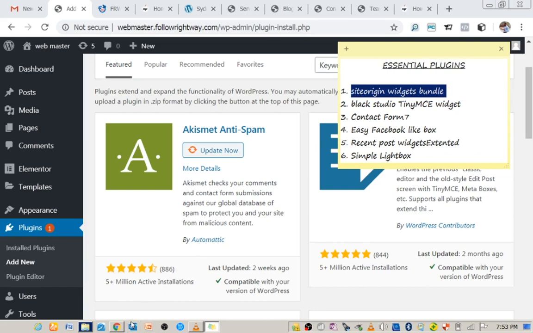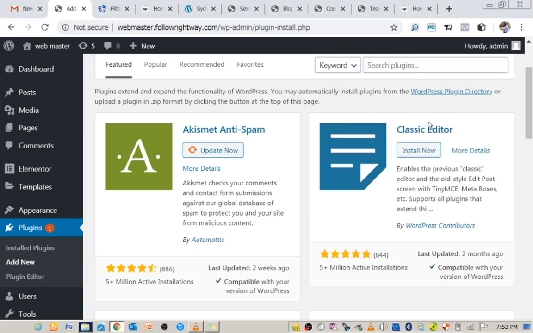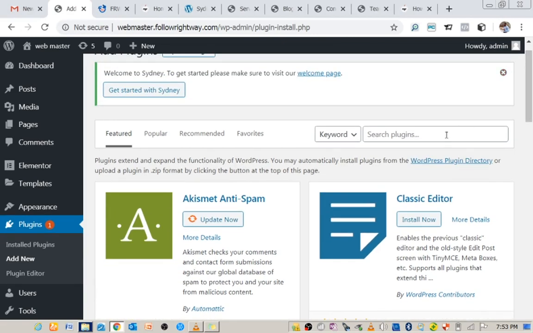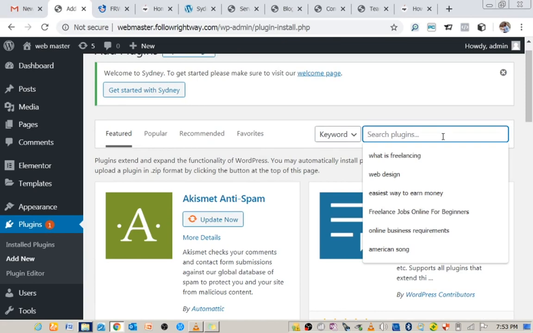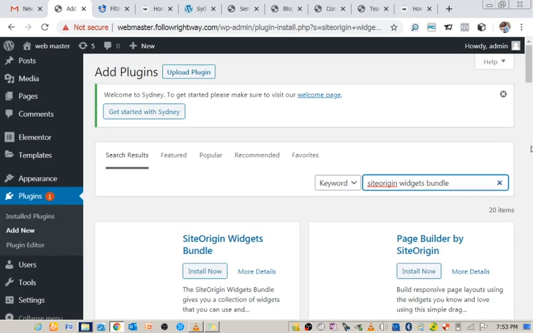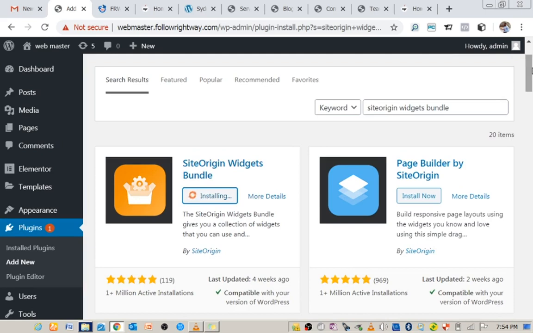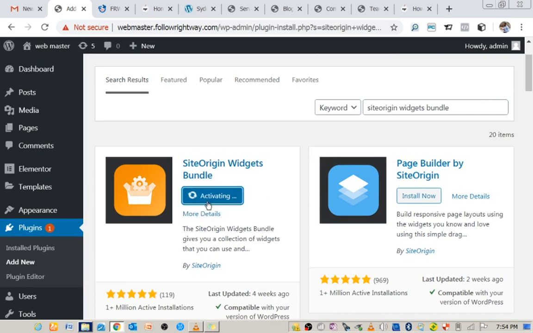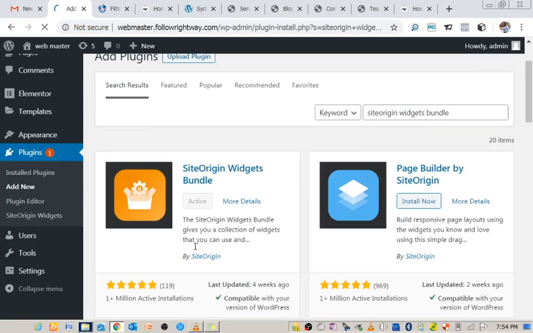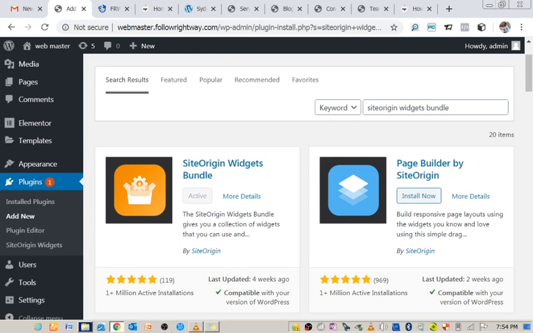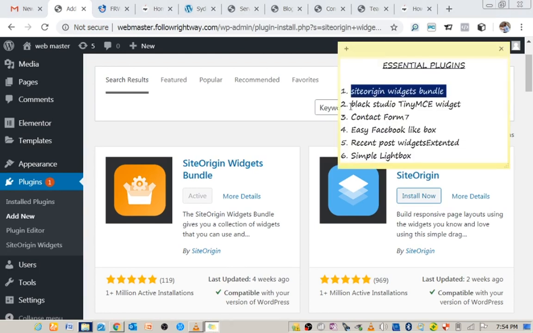Copy, then go back. Let's come here and paste it here in the search box to search for it for us. So this is the plugin. Click on install now, and click on activate. While activating, okay, fine, it's activated. What we need to do next is to copy the second plugin